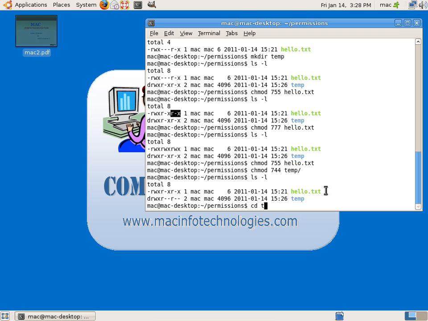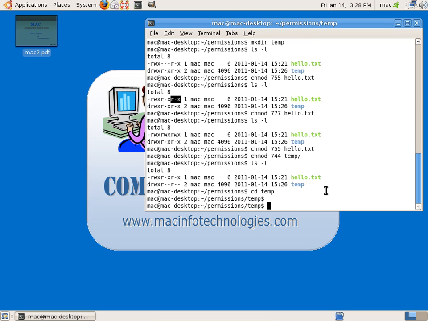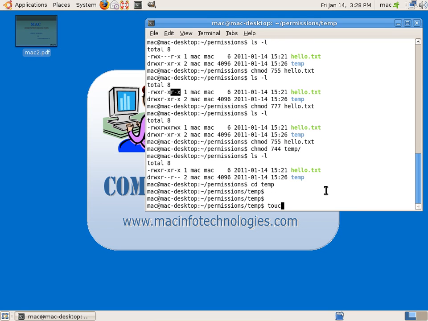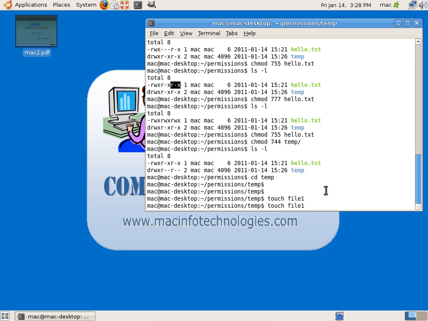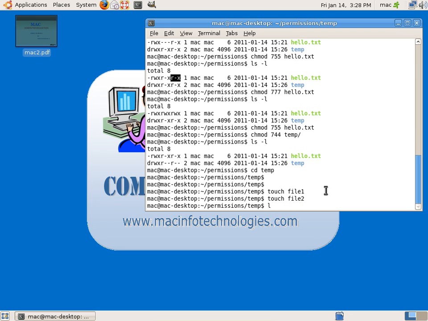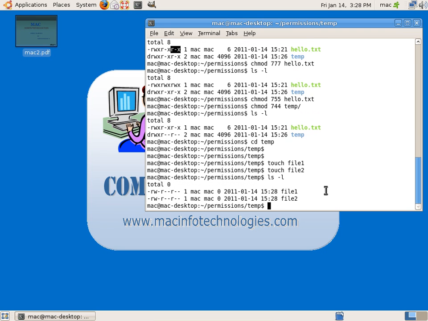I can also create a file here. I can say touch file 1, file 2, so you can see it gets default permission as 644. So now if I go one directory up, cd .. previous directory, if I do chmod